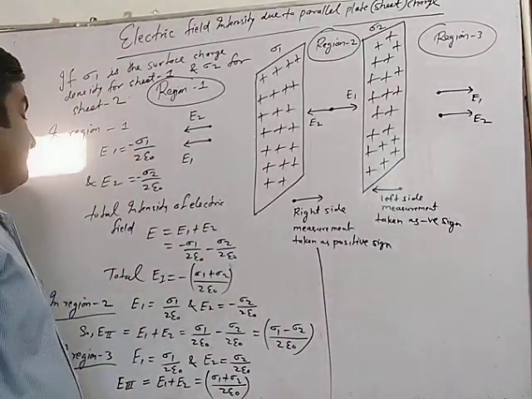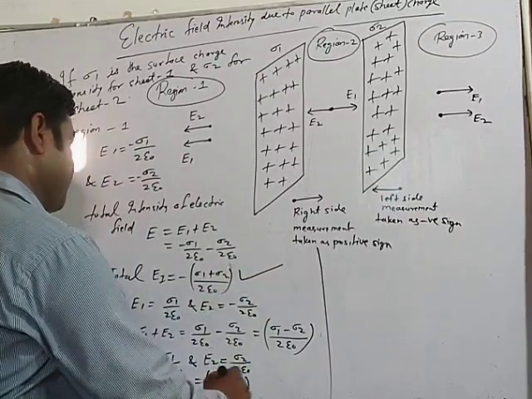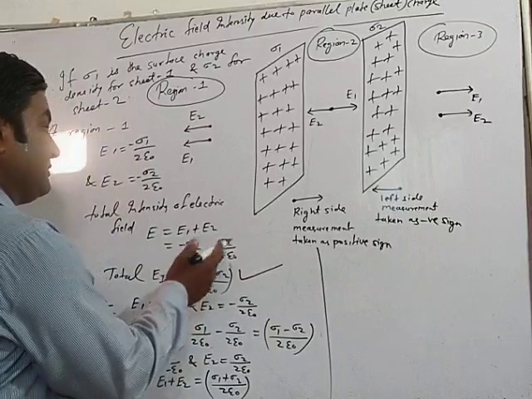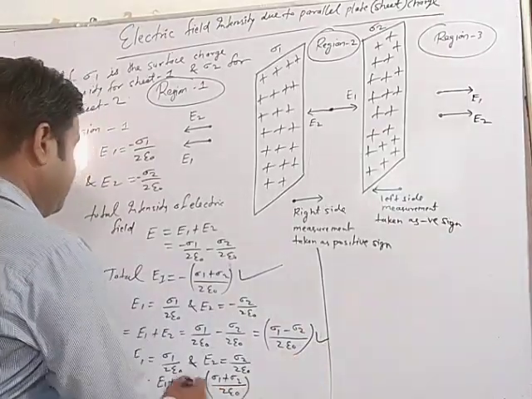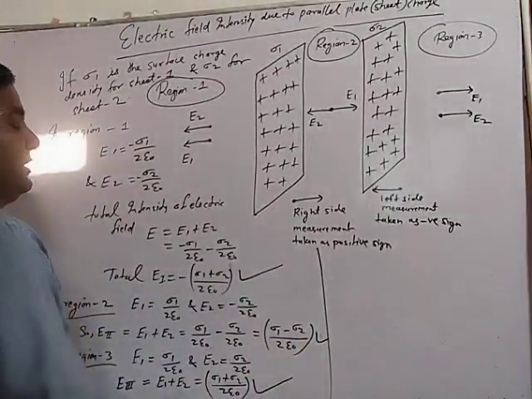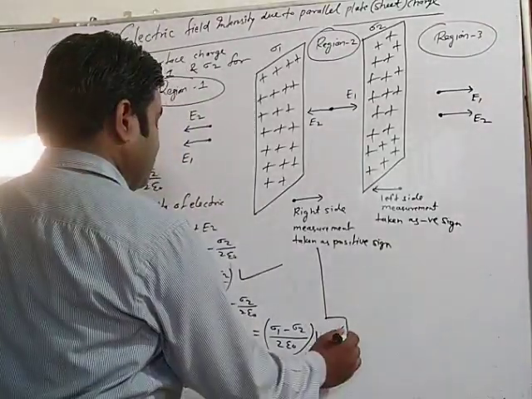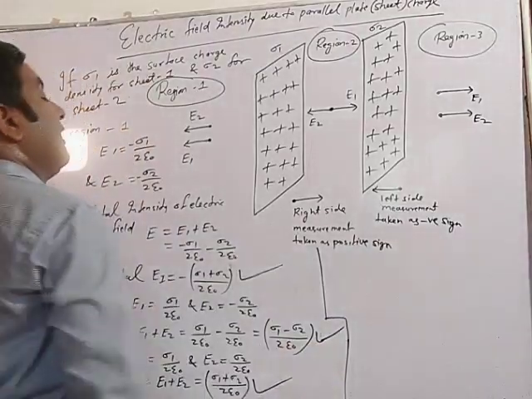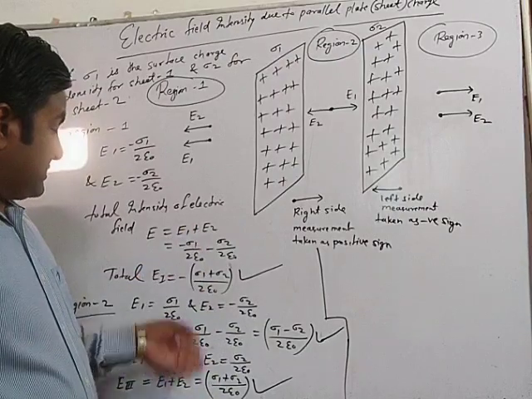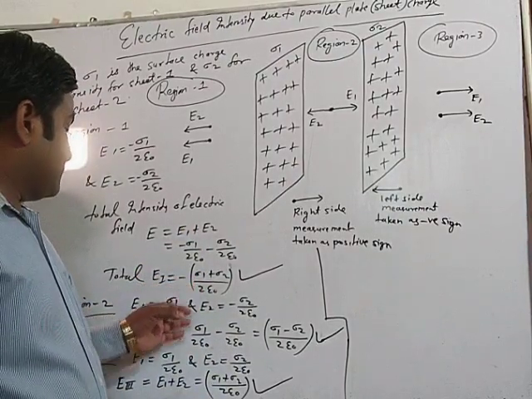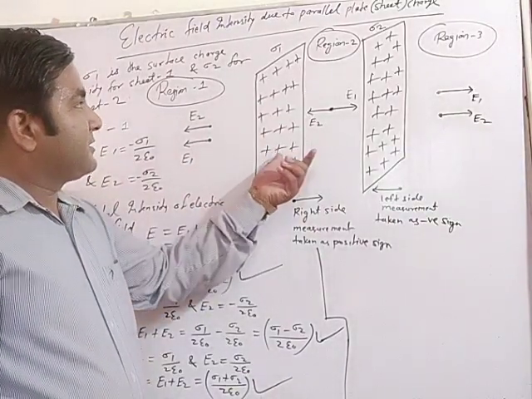Then after, E1 and E2 taken in the first region give a resultant, E1 and E2 taken in the second region give a resultant, and E1 and E2 taken in the third region give a resultant. In all cases the resultants are different, having different values. Then after discussing the first region, second region and third region, we will further discuss another thing.